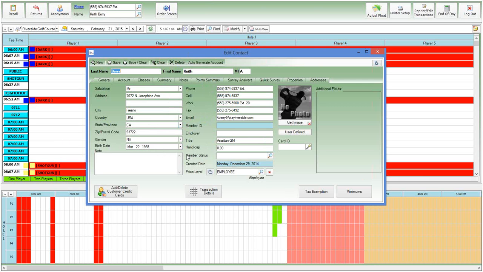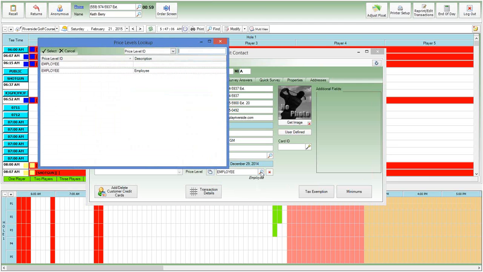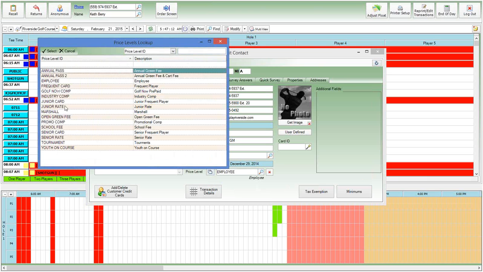As we move down, this member status we're not using. Card ID we're not using. Important area here, price level. We do use this area. Price levels are what assign, obviously, rates from the T-sheet to the order screen to fully checking out. So you can see I'm classified as an employee. If I were to click this magnifying glass and clear out this employee, you'll see